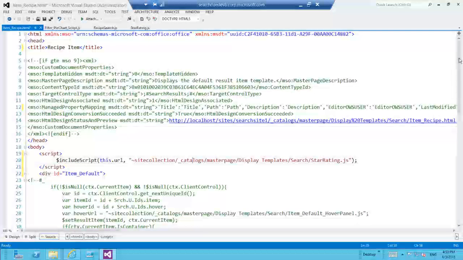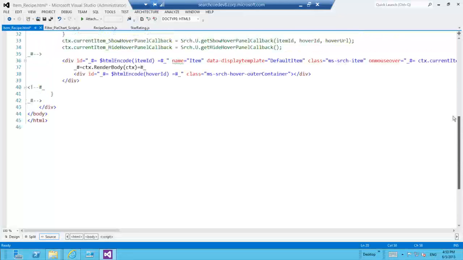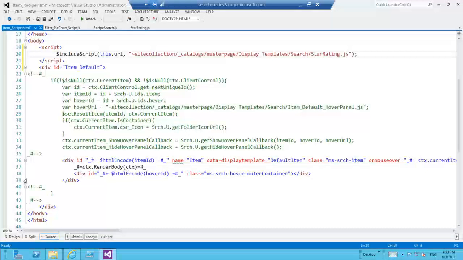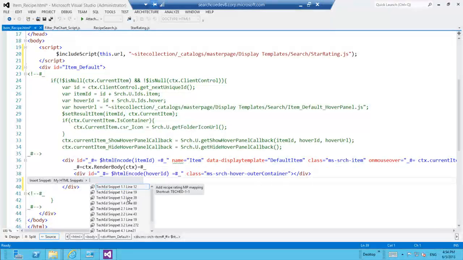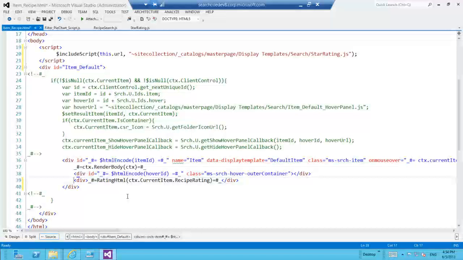The last thing I need to do is to display the stars. So let's go down here. So this div tag is the one that is actually showing the metadata. So I'll put it in at the end of the text here. Insert snippet 39. So you see that I'm basically just calling out to the rating HTML, which is in the script, and I'm using the recipe rating that we got in as a mapped property. Now I'm going to save this, and again, when I'm saving it, it's compiling it to JavaScript, and then we can go back